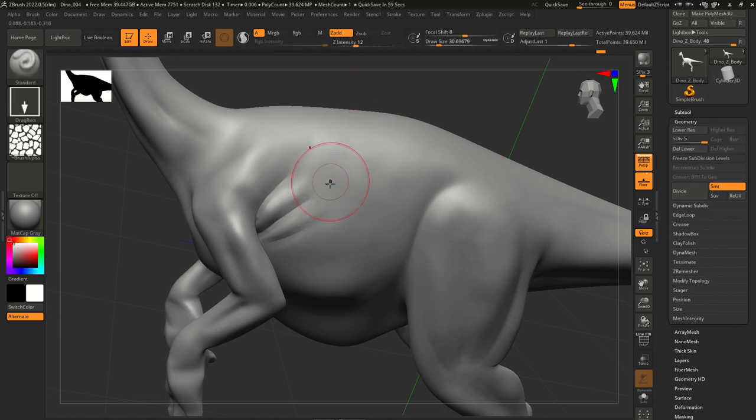I'm going to say add and start doing it little by little like this, so I can start putting some of those cracks, and that kind of stony feel to it. That might not be what you have in mind with yours, but I'm just trying to show something. You can always go to and undo